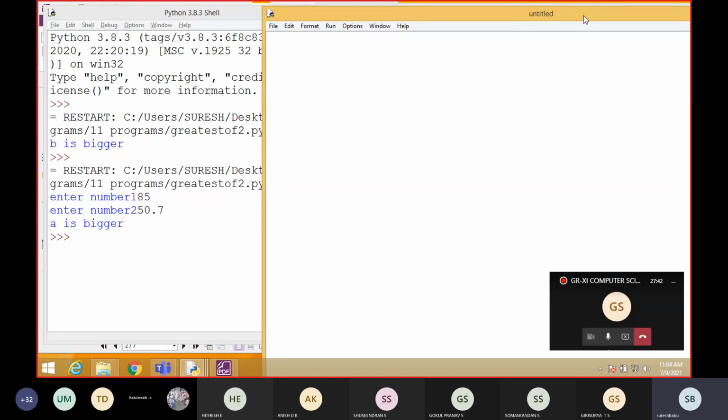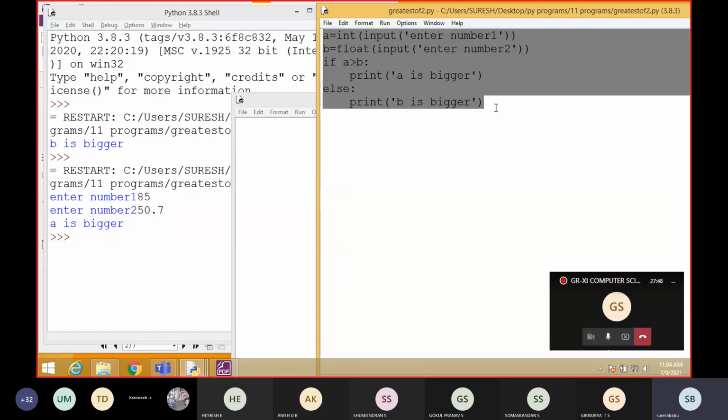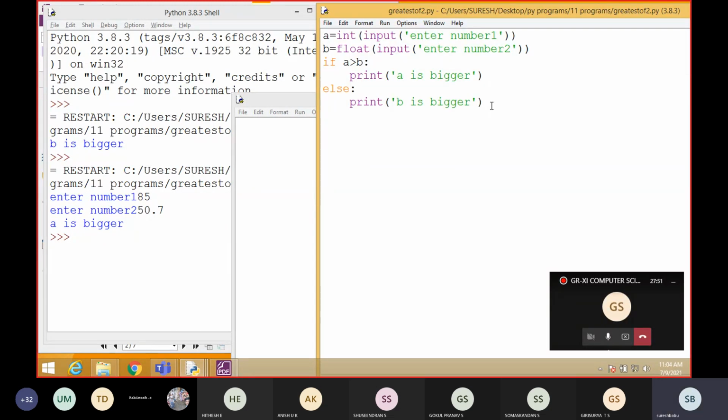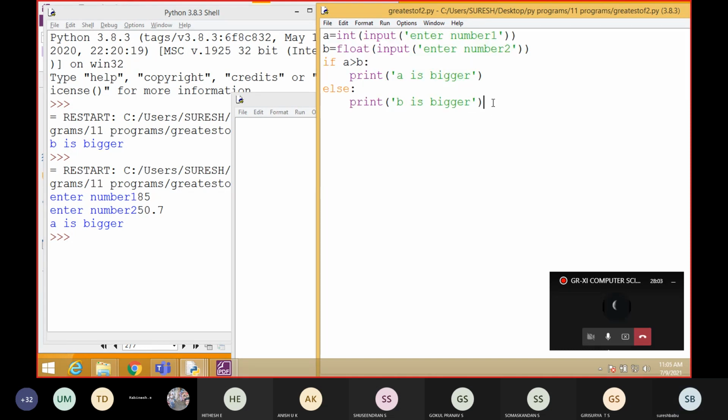Okay. So here I have to say one thing: what is the difference between if and if else? Students, anyone tell me what is the difference between if and if else? Sir, if else will execute the program if it is true or false also, sir. Okay. But if will execute only if it is true, sir. Yes, very good.